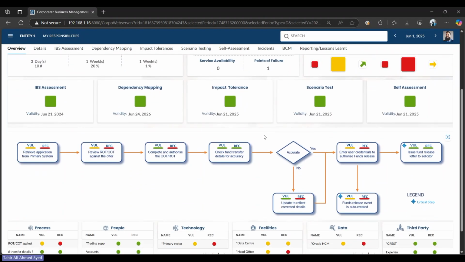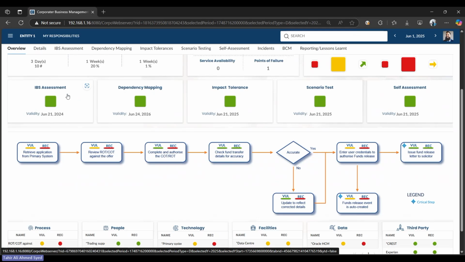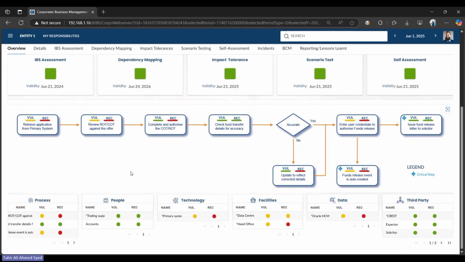Now, depending on the framework you're operating as well, some frameworks require you to assess your service and the importance of a service on an annual basis. So we give you a full workflow-enabled platform where you can perform your important assessments, perform your dependency mappings, validate and reiterate your impact tolerances for the service, perform very comprehensive scenario testing, and of course, be able to do a self-assessment every year. So the system has full capability to remind you if you've not performed any of these steps. It can send you email notifications, and escalate those if it is not acted upon in a timely manner.